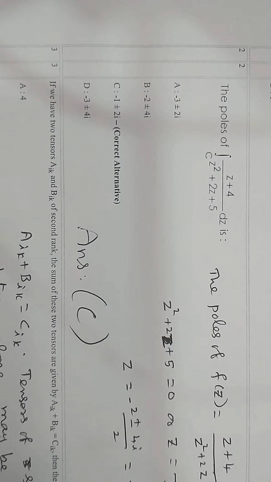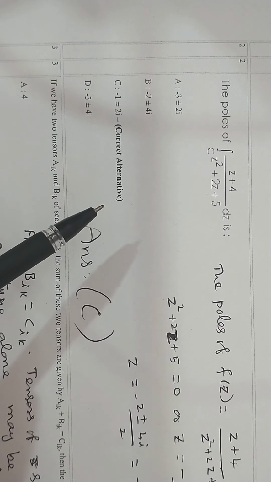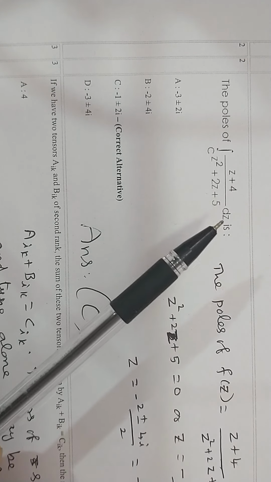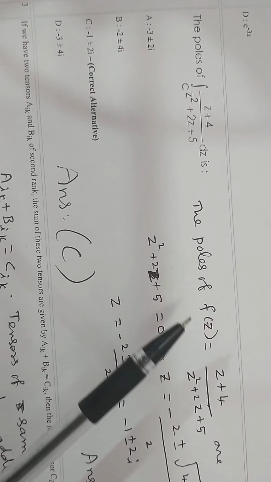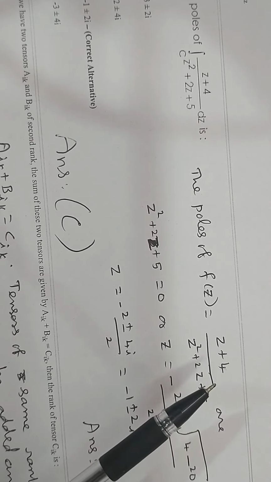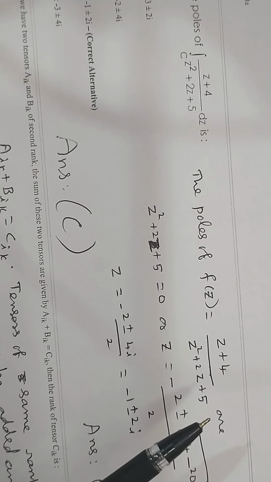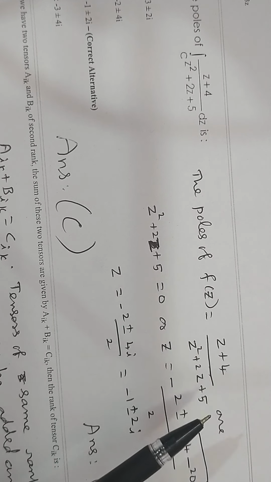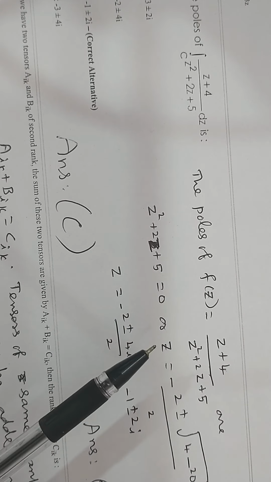Then the next question: the poles of the function, integral over C of (z + 4) divided by (z^2 + 2z + 5) dz, are asked. So you consider the function f(z) = (z + 4) / (z^2 + 2z + 5). The poles can be obtained by making the denominator equal to 0: z^2 + 2z + 5 = 0, and solving